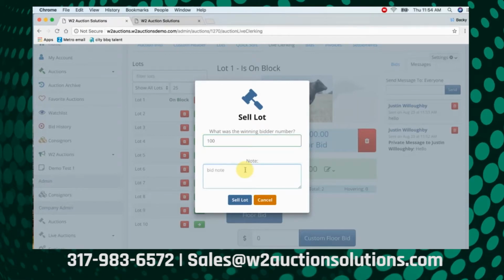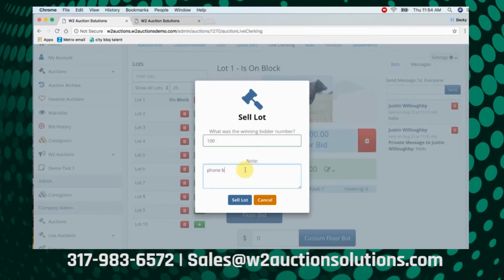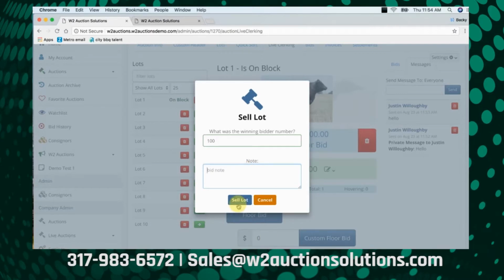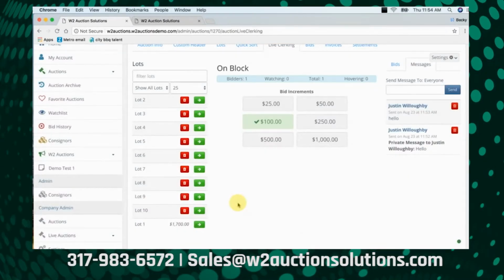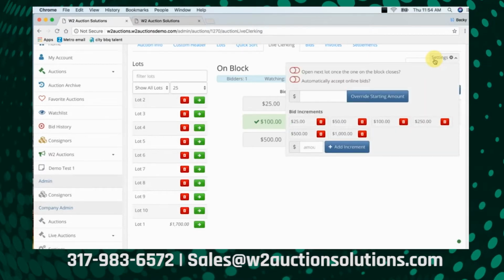Now, you can choose to put in a note such as phone bid, or you can simply choose to not put in a note at all. So if we sell that lot, now there's nothing on the block. Now if we would have had our automatic load next item onto the block, lot 2 would have automatically loaded